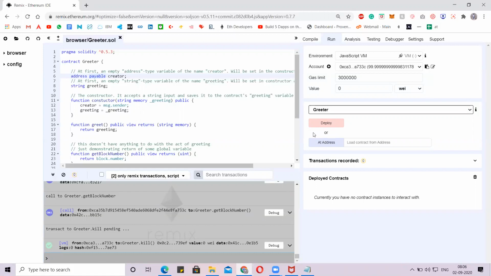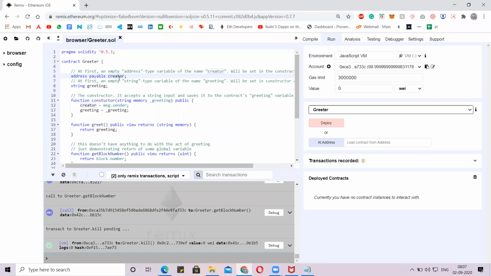Every account has some address, and the contract deployed with a specific address can be called from it. Address is a predefined syntax where we can store our hexadecimal address in this variable.